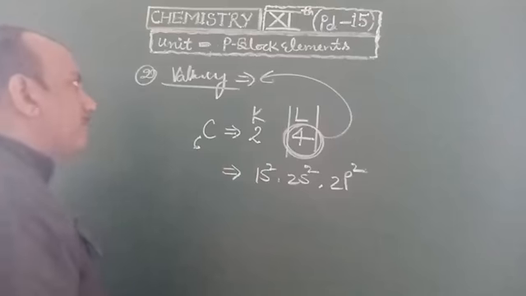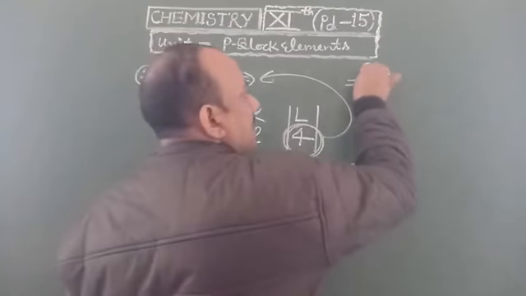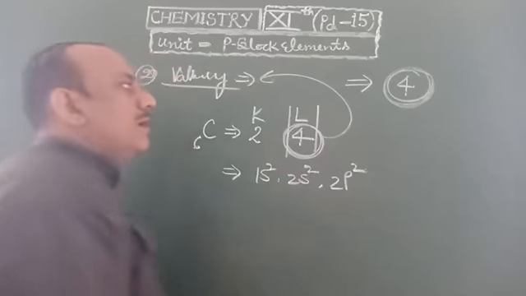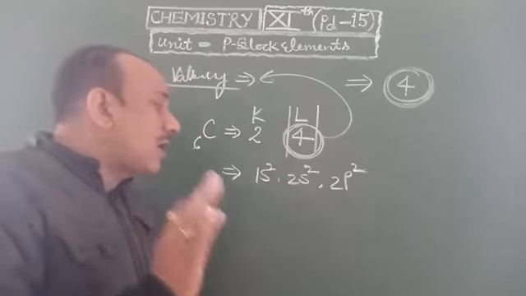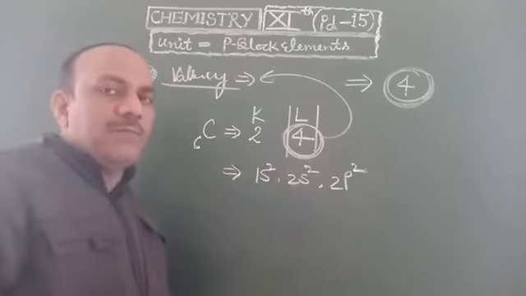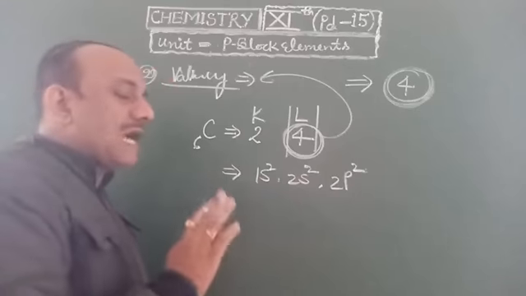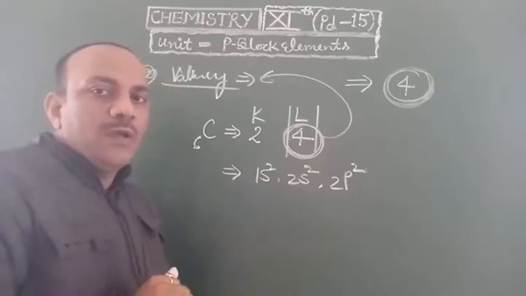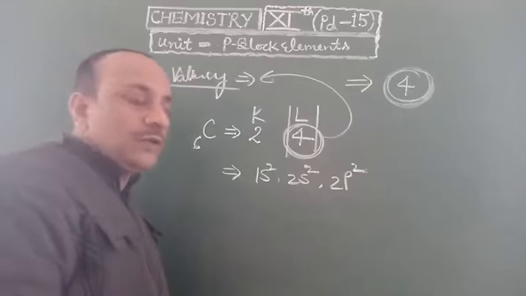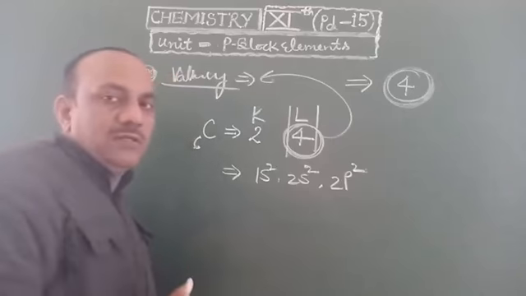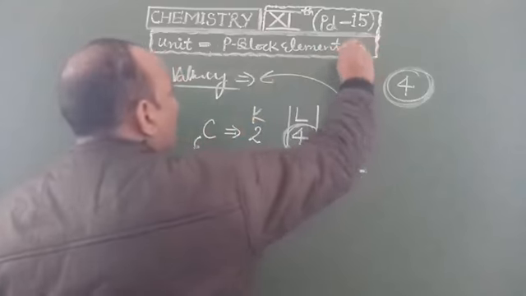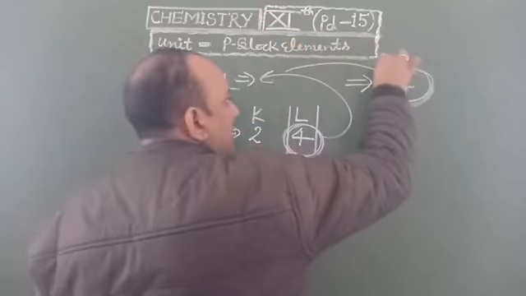So we say that the common valency of fourth A group elements is 4, especially for carbon, because in organic chemistry we study an uncountable number of organic compounds. In each organic compound, carbon has valency 4. Carbon atoms are joined by single, double and triple bonds, so they make covalent bonds. All carbon has valency 4. So we say that fourth A group elements show a common valency of 4.